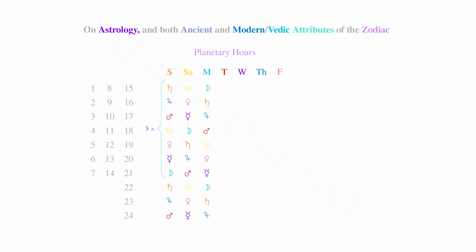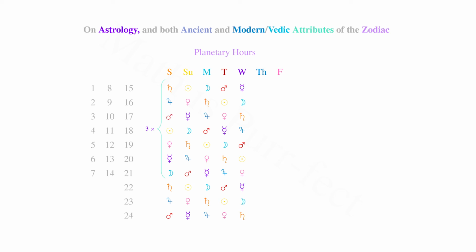Hence the hours of Tuesday are allotted to Mars, Sun, Venus, Mercury, Moon, Saturn, and Jupiter 3 times, followed by Mars, Sun, and Venus. After Venus follows Mercury or Wednesday, whose first 7 hours are Mercury, Moon, Saturn, Jupiter, Mars, Sun, and Venus. These, of course, repeat 3 times, and the night ends with Mercury, Moon, and Saturn, followed by